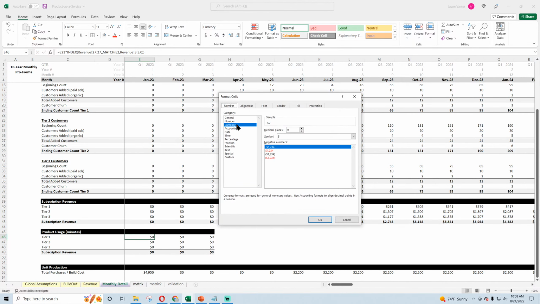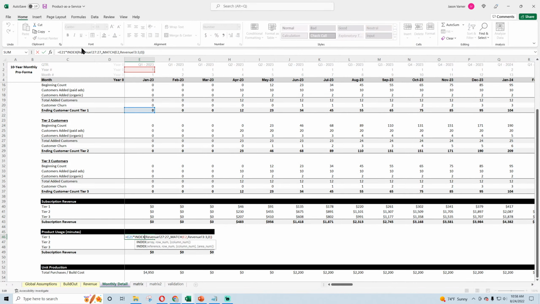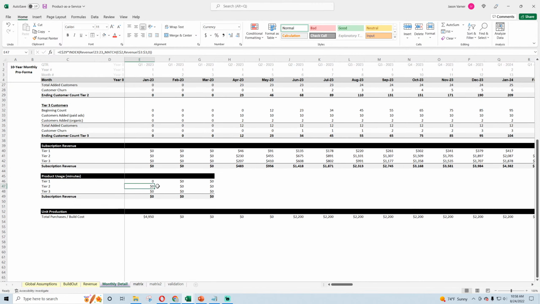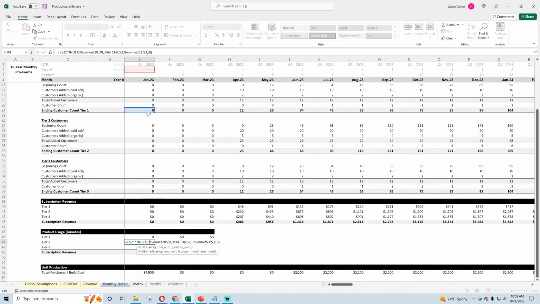And so here's our demanded capacity based on the customers added over time. Need to lock this. Okay. And then this needs to be tier 2 customers and tier 3.